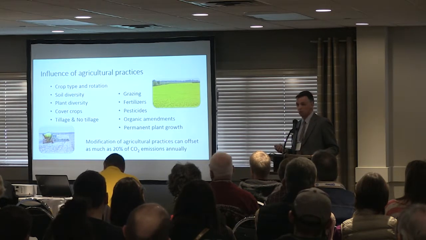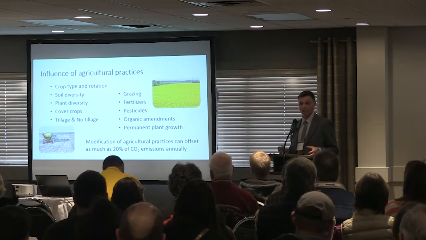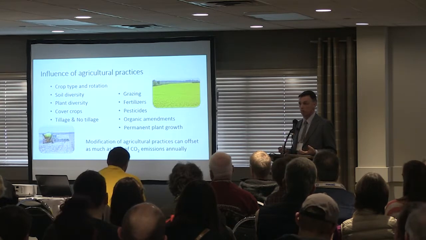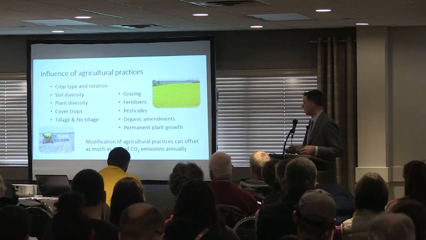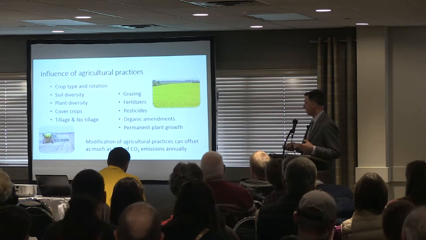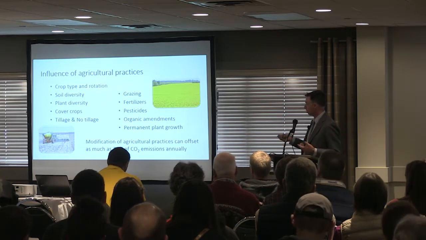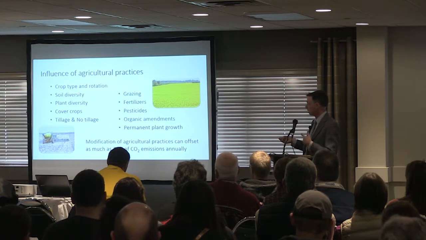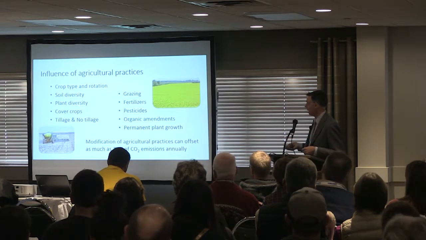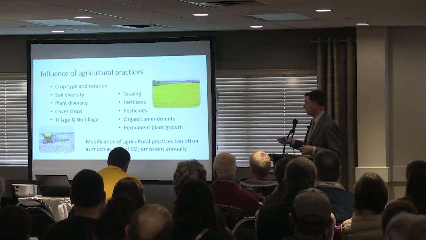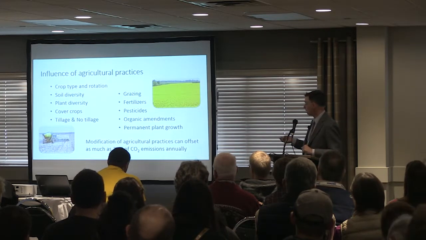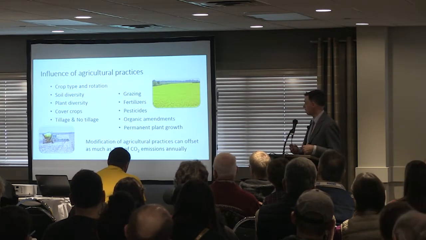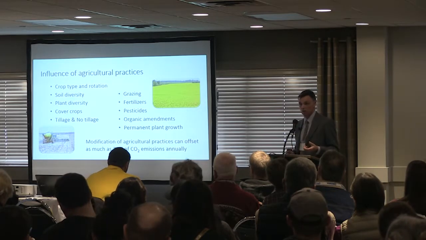So what influence do agricultural practices have on this below ground community, this below ground ecosystem and its functionality? We can look at a variety of different practices. We can look at the influence of crop types and rotation. We can look at different soils and the influence that has on the organisms there. Cover crops, different tillage practices, grazing, fertilizers, pesticides, organic amendments,